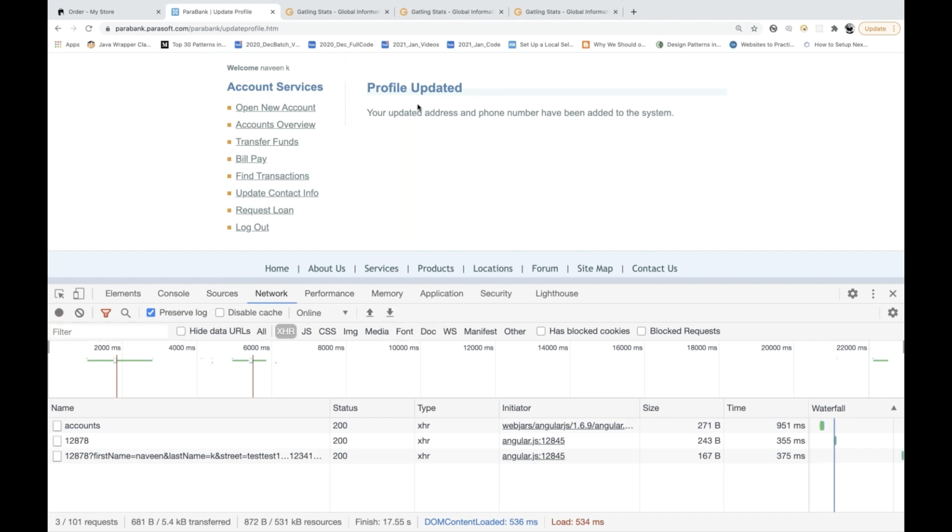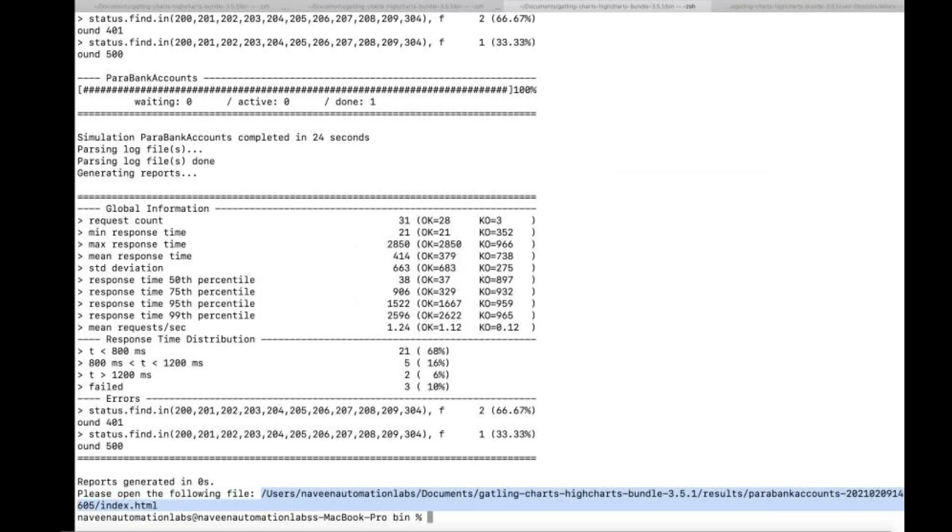My scenario is over. This is one of the transactions, one of the scenarios that I have done. You simply click on export HAR, and this time I'm going to select a different HAR name, contact_info.har, and simply save it. I'll go to my recorder once again. So let's open the recorder.